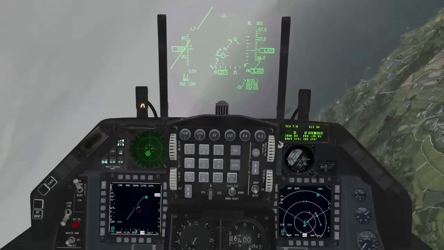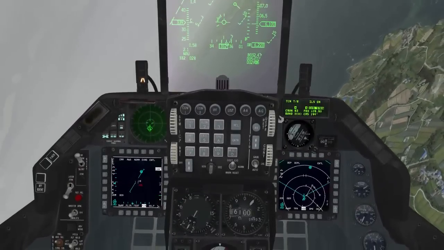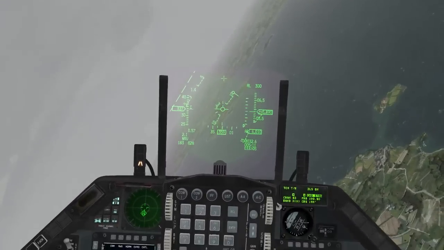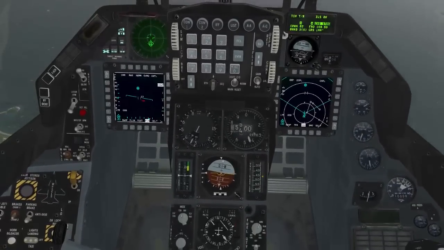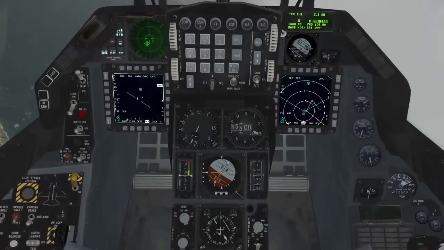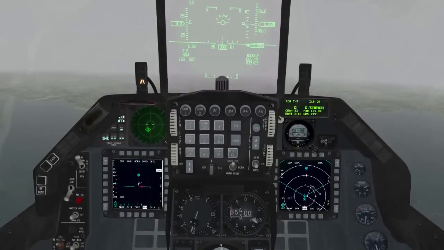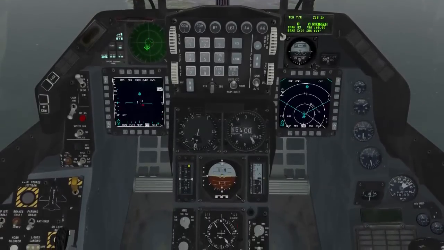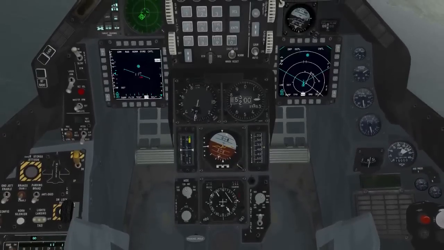Before capturing the ILS I need to be at something around 3,000. Okay, so now I need to get this. Alright, okay, oh sorry. We'll now continue my descent and try to maintain my